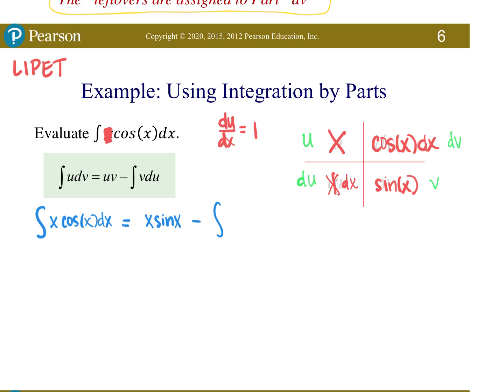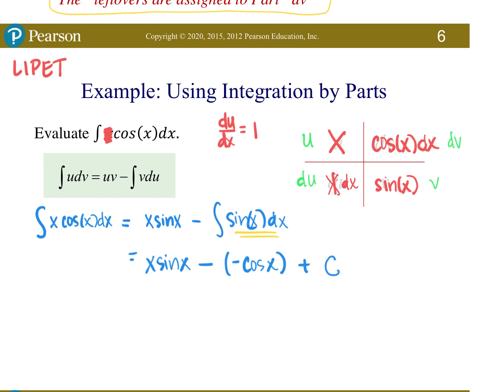Now I'm going to put v next, which is sine x, and then du, which is dx. So I just plugged everything into the formula. One of those integrals has an answer. Which one? Yes, sine x dx, this one has an answer. So I have x sine x minus, what is the answer to that? Negative cosine x, and plus c,